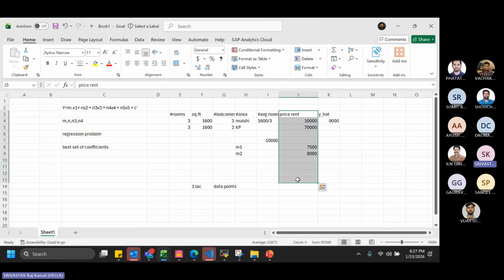So that's our goal. As rightly mentioned by you, our goal is never to find the actual, and you will never be able to find the actual. You would be able to find the adjusted or appropriate coefficients based on the data, and that's our objective. That's why we are training the models. You have heard this term a lot: train your model, train your model. When they say train, in terms of regression, it means find the best set of coefficients.